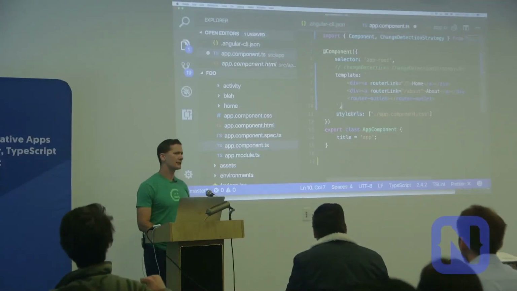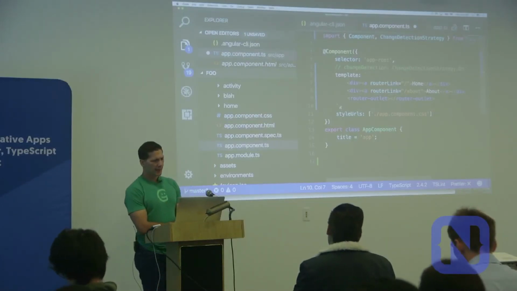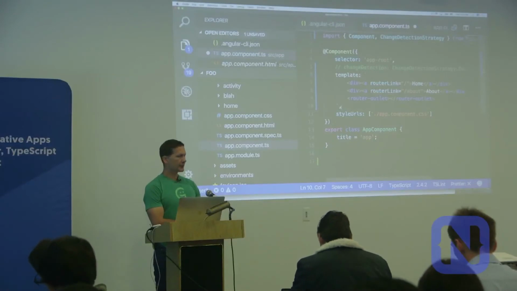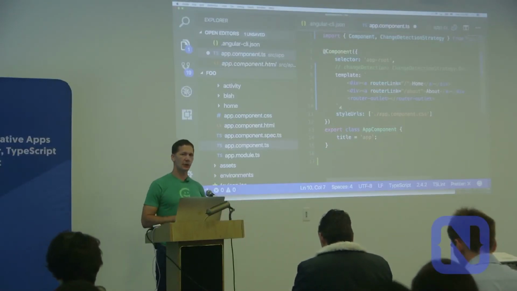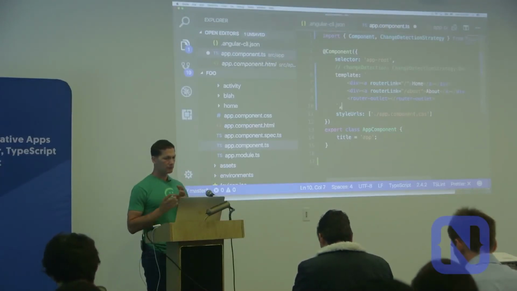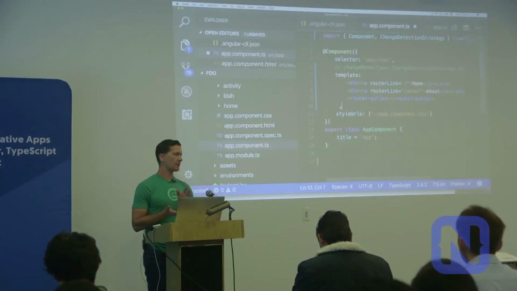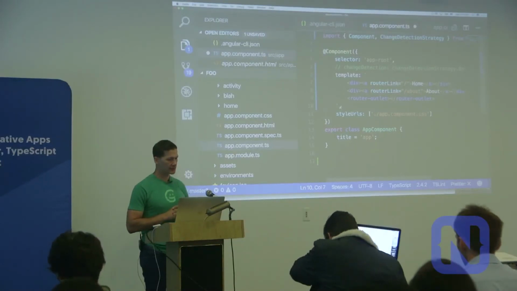And just to expand on that a little bit, I mentioned NGRX before, and my recommendation, even for people that are experienced in building apps, is your component really should be just about the template for the most part, and binding to your template, which I'm going to show in a second, and bubbling up events.